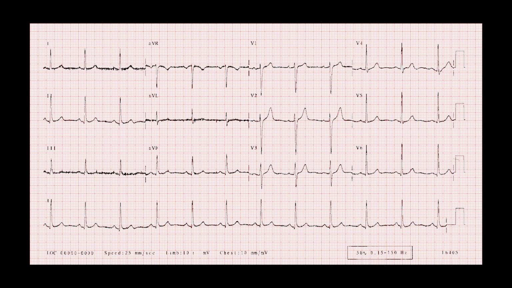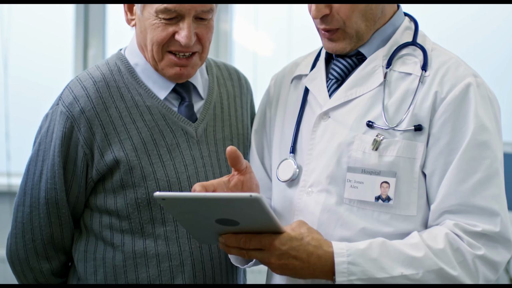So what can we see from the ECG? I'll show you a copy of what a normal ECG looks like. There are 12 leads that can be seen on the electrocardiogram. And from this, we have a window as to how the heart's behaving. The ECG can often be done for a number of reasons. Why would your doctor request an ECG?